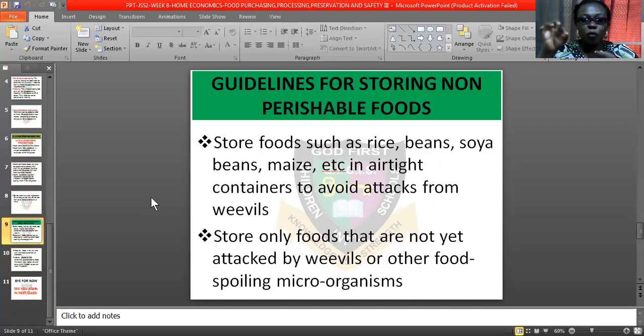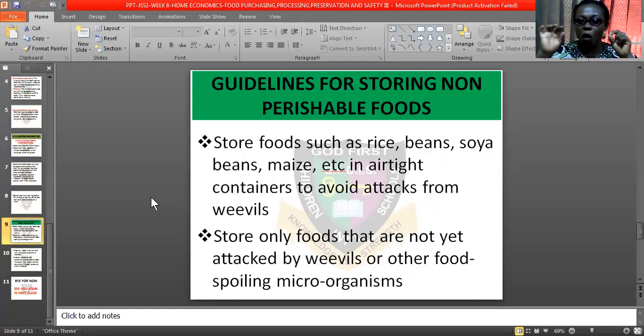So the way you preserve it is to put them in an airtight container, tie them very well. If air is not entering it, there's no way weevils will grow in them. Do you understand? Now, another way you can store them is to store only foods that are not yet attacked by